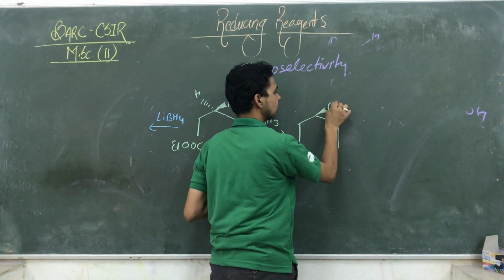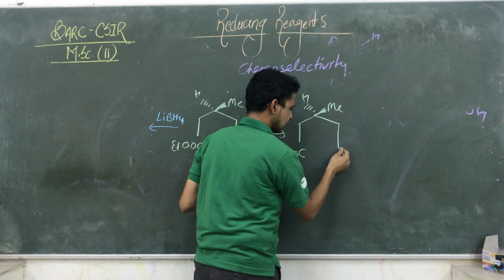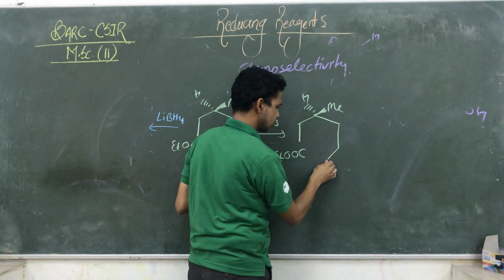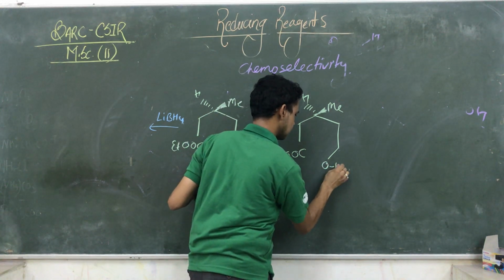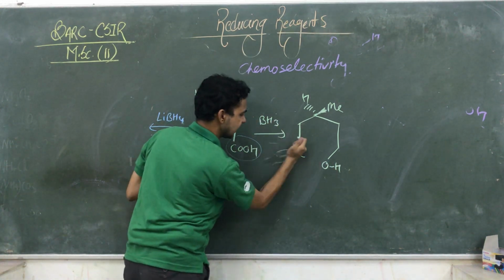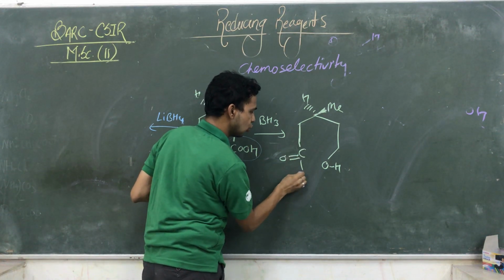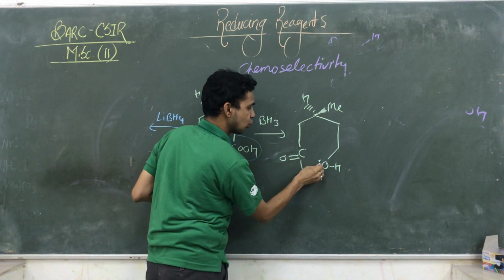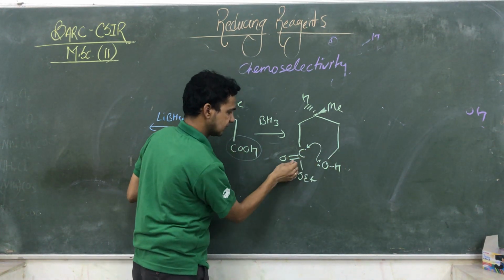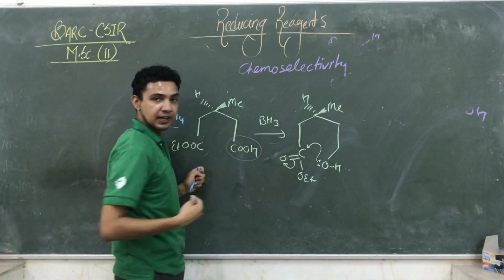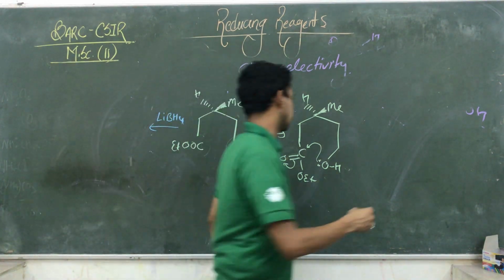This methyl is toward the observer and hydrogen is away from the observer, and here it is converting into the CH2 and O and H. Okay guys, but see here which type of reaction takes place. This one is an ester, double bond O and Et. This lone pair of electrons is attacking this carbon. This electron is moving in that direction. An intramolecular bonding takes place here.